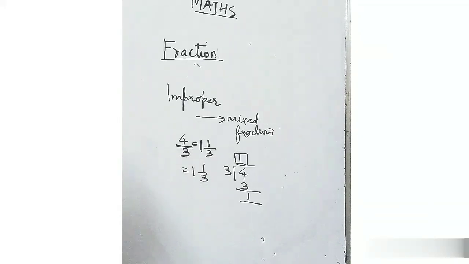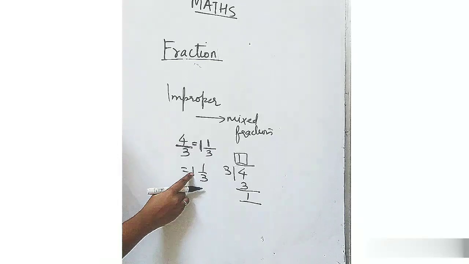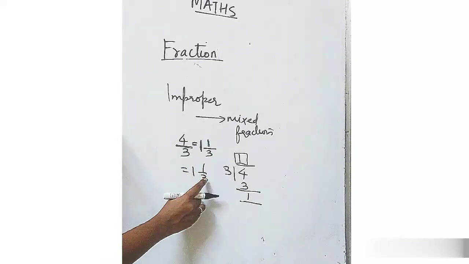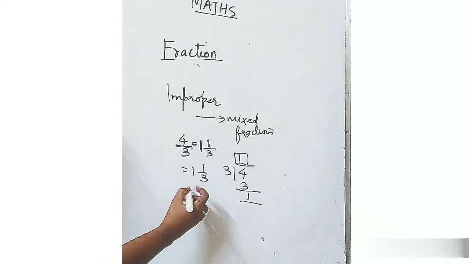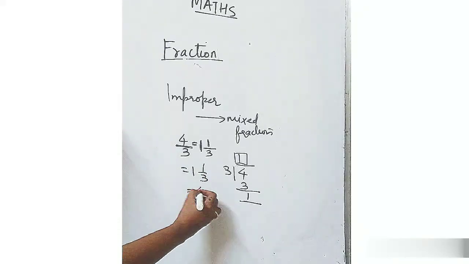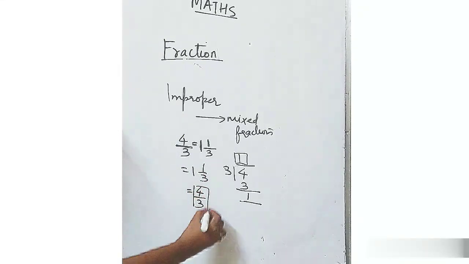Now how we will convert mixed fraction to improper fraction? That is very simple. Here 1 upon 3. Now I'll multiply. 3 ones are 3. You have to add this number. 3 plus 1. What will be 3 plus 1? I'll put 4. And in the denominator is 3. We got the same answer. Did we get the same answer, students? This is a cross check whether you have done it correctly or not.